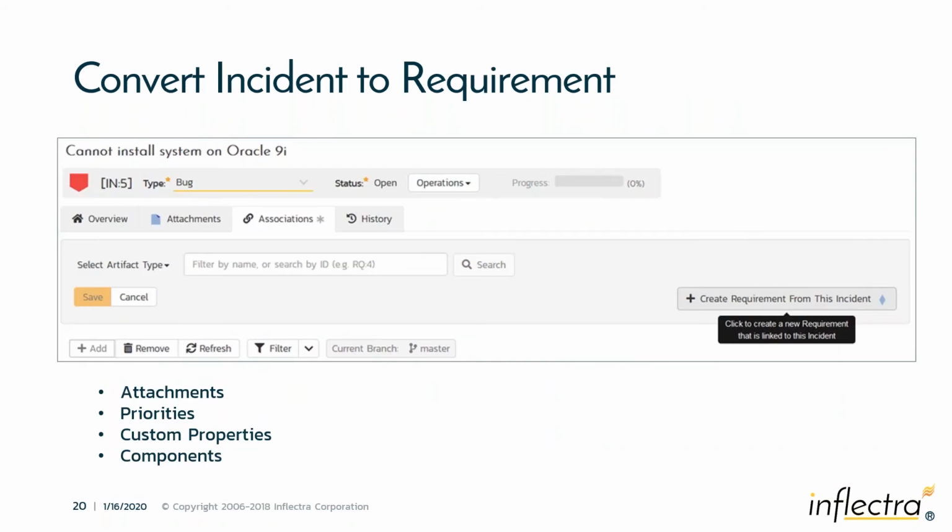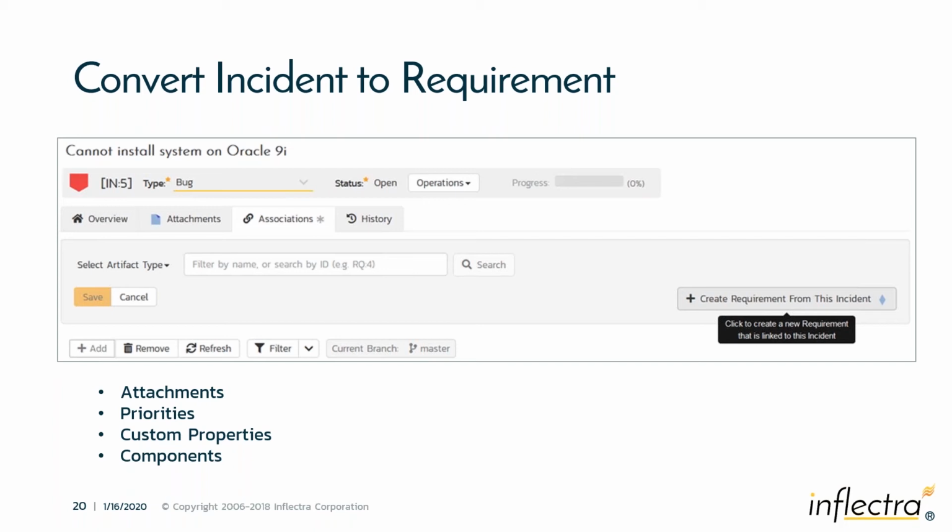Another feature we added, which is another productivity improvement, came from another customer we talked to, which was around the conversion of incidents to requirements. We've had this feature for a while where you can take a user story, take an enhancement or a change request, and we can turn it into a user story or turn it into a requirement. Because in many cases, you have a lot of incidents you've been tracking, a lot of enhancements, a lot of ideas, and it's very convenient to manage those in the defect tracker because it's so much easier to manage them in there. You can sort them, you can filter them, and then when it's time to actually go ahead and